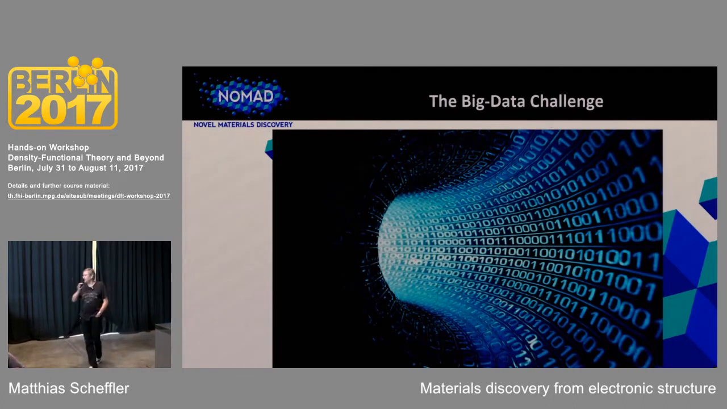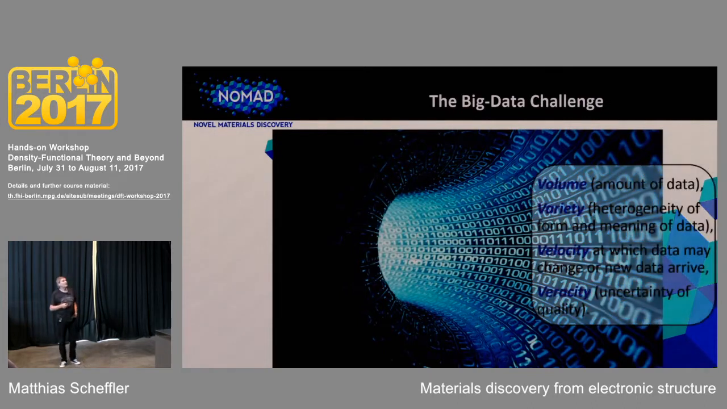And as you want to enter this field, doing DFT calculations, you will then also see, depending on what you want to do, earlier or later, that you really want to do high throughput calculations, you will actually see there are several challenges you have to deal with. One is the volume of data which you create. The other thing is the variety, which in fact in computer science means the heterogeneity of the form and the